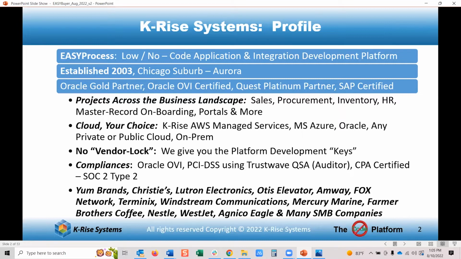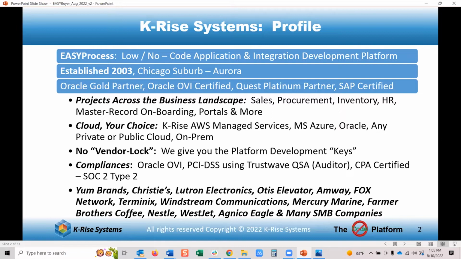We're not a programming language company, and we give you the keys if you want to have any level of development ownership. People really like that in today's market. And the deliverables are just a lot better when they're platform based versus programming language based like Java or .NET with customs that cause issues.